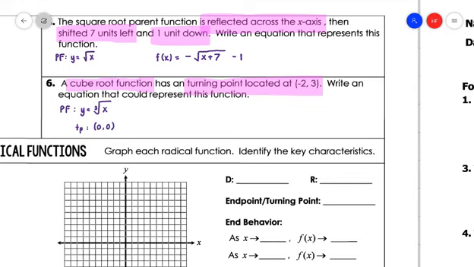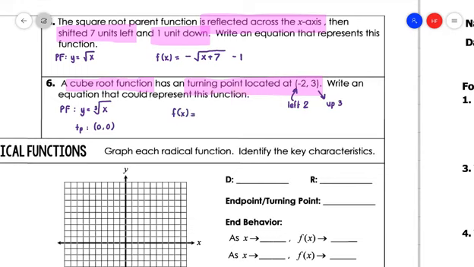So if I have a turning point at -2, 3, that means I shifted left 2 and up 3. So remember, my x-axis is my left-right movement, and then my y-axis is my up and down. So that's where I got the left 2 and up 3 from. If you have to sketch a graph off to the side and count, that's fine. Count that you went left 2 to get to -2, and you went up 3 to get from 0 to +3. And so my new function,